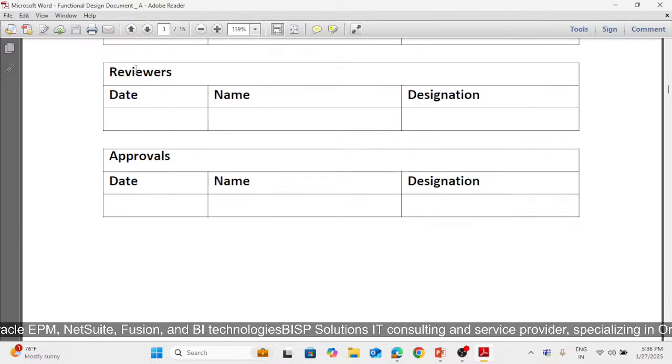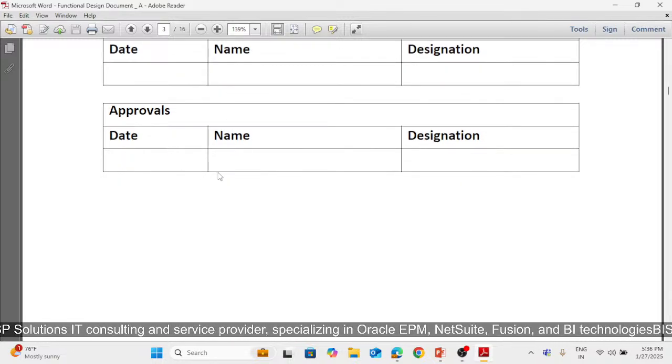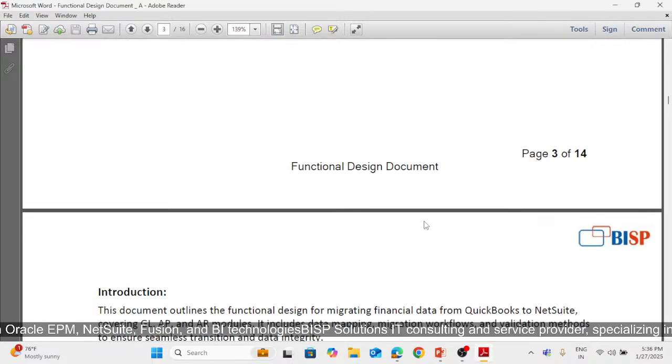After that, reviewers. So for the FDD document, who is reviewing your document, and we will be mentioning the date here and then the name and designation for the same. Then approval, if our stakeholder approves our FDD document, we will be providing the date here, then the name of the stakeholder and designation for the same. Then comes our